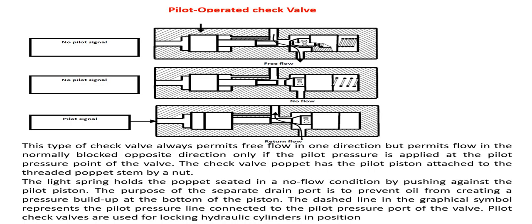So this is an example of a pilot operated check valve. In this particular valve there is no pilot signal. When there is no pilot signal, this valve will only act in one direction. That is, fluid is allowed only in one direction. As the pilot signal is received by the valve, there is a valve spool inside this arrangement. This spool shifts towards the right side, and this will open the port so that the return flow is also possible. So this is how this pilot operated check valve functions.